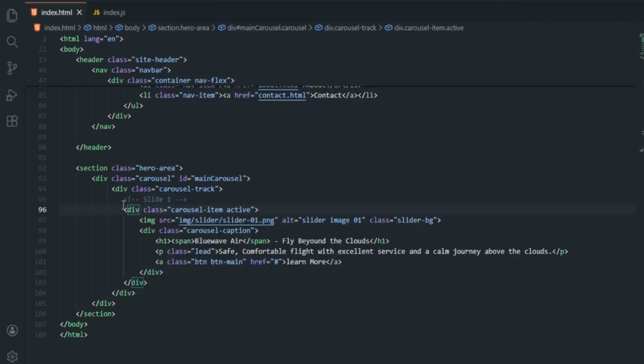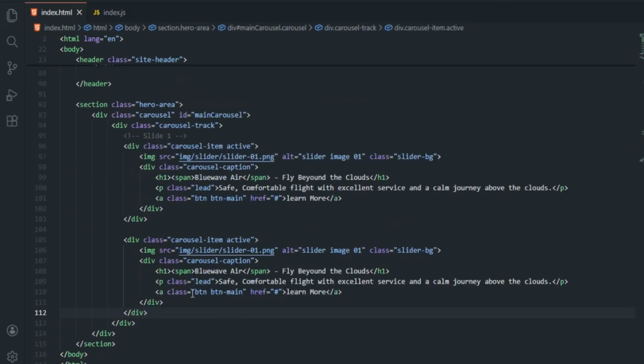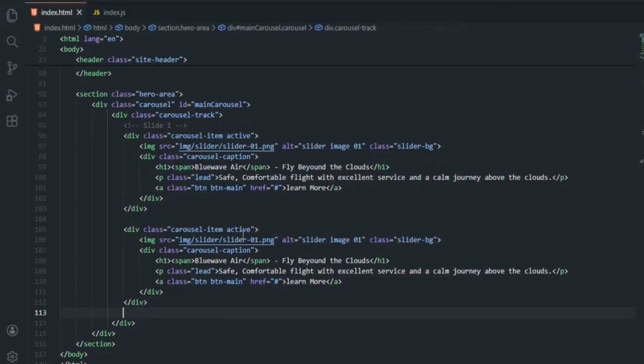We can copy this and then paste it instead of retyping everything again. Make sure you give a space below. And then you want to remove the active. Only the first slide should have active. So when we move to the next slide, we can use JavaScript to remove this active and then provide it here. So the second slide should have slider